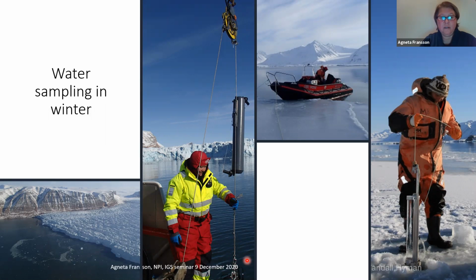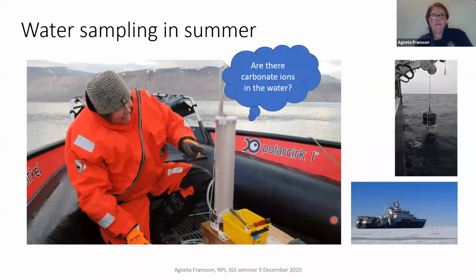How we work to get the knowledge about the carbonate chemistry is to sample water, and this is winter in Kongsfjorden, and we have a water sampler. Sometimes we go out with small boats to take water in these Niskin bottles, and sometimes we also take water samples from the sea ice in a hole. And we also sample in summer. We go with small boats, or we go with a larger research vessel. This is the Kronprins Håkon, the Norwegian, relatively new research vessel, an ice-breaking vessel.